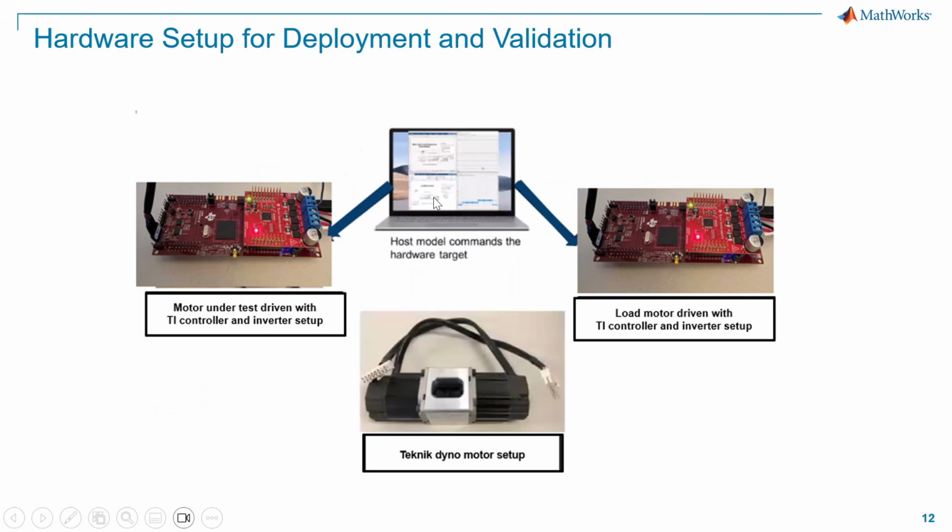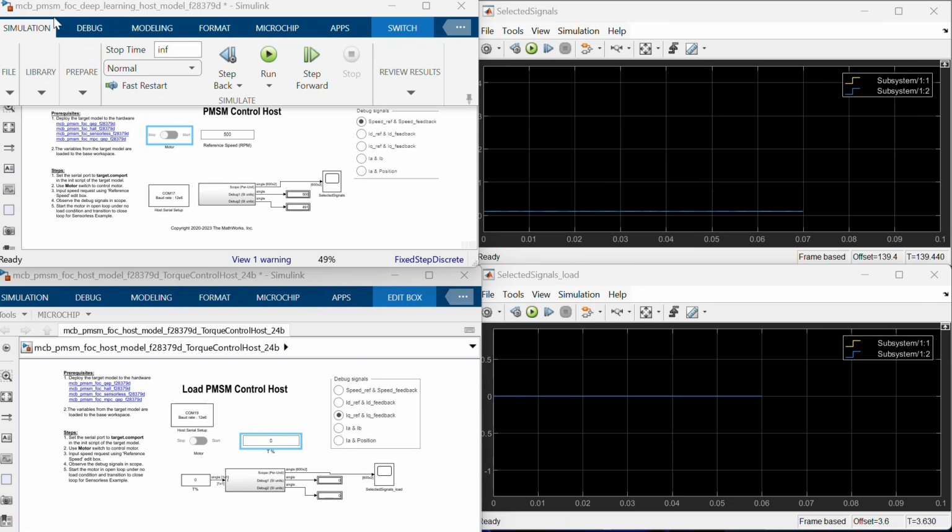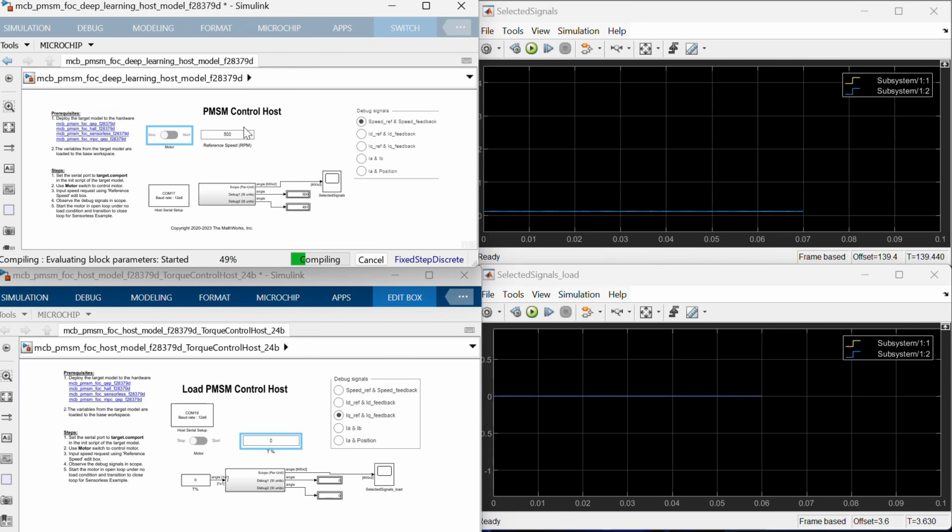These host models serve as an interface between the target hardware and our PCs, allowing us to monitor and control the motor's operation in real time within the MathWorks environment. With this understanding, let's move on to the demonstration. So here we have the host models for both the motor under test and the dyno motor, which is used for loading it. So let's run the host models